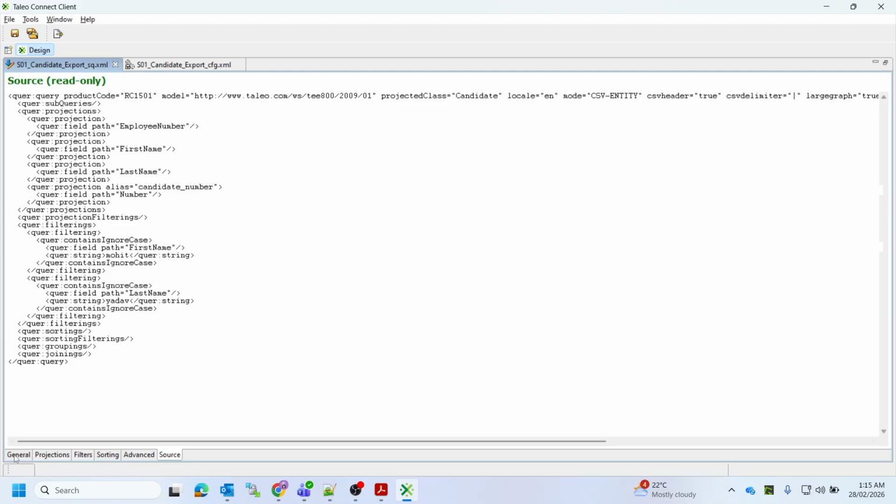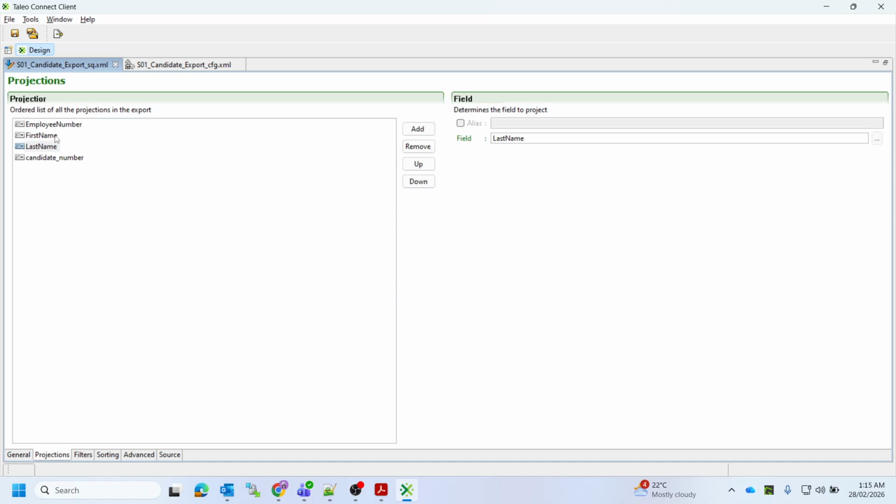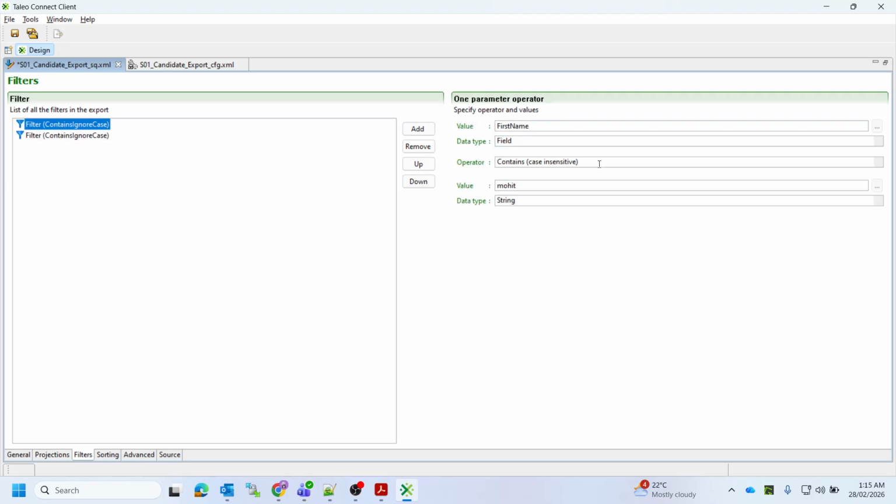Now, again, we have our export file, which is the actual configuration where we are trying to export data as CSV entity, pipe delimiter. We are trying to pull these four fields. I can order them. So if I move candidate number up, that will be the first field, and employee number I'll move down. And then we go to the filter. I'm just pulling data which has first name Mohit, last name Yadav,